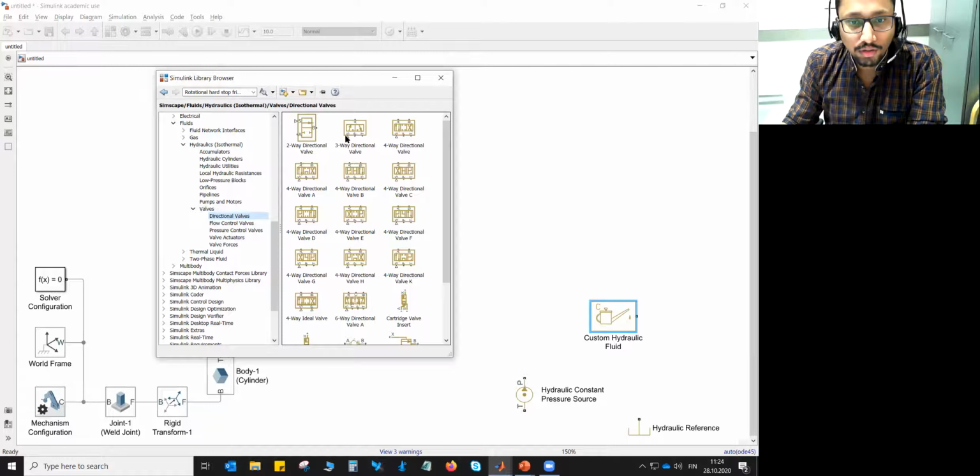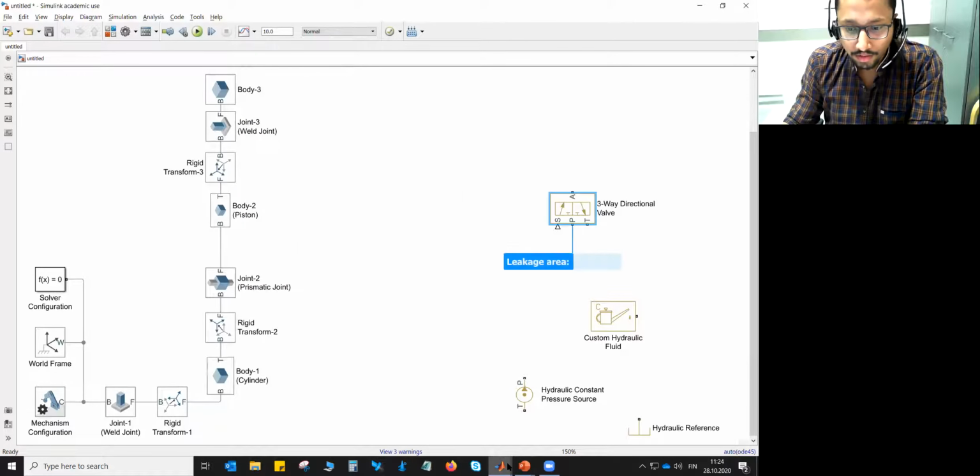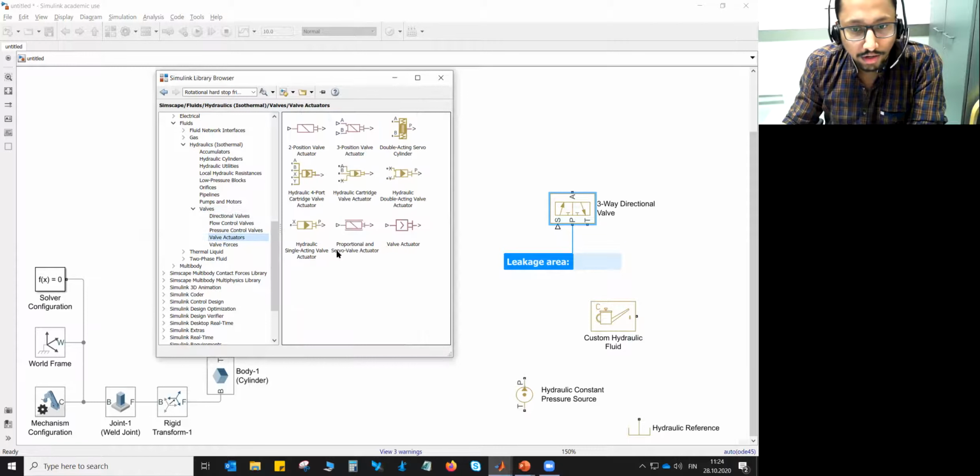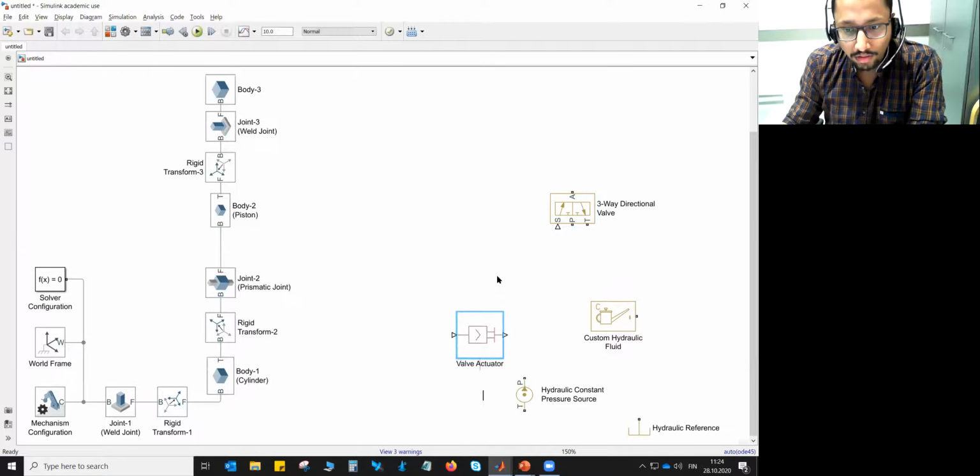And we want to use this 3-way directional valve. So just copy it. Then again, we need a valve actuator. So we have this valve actuator. We will be using this valve actuator block.